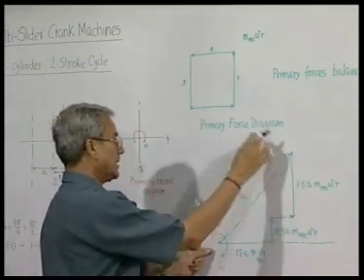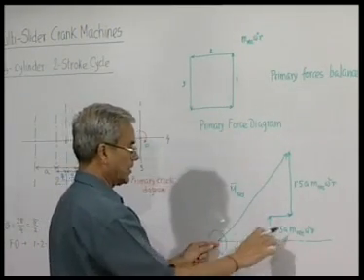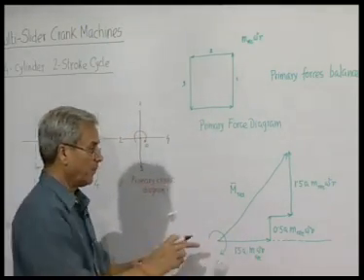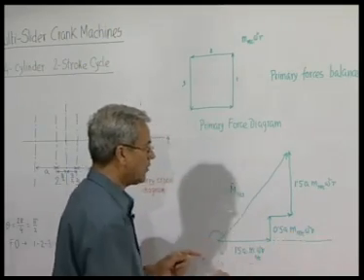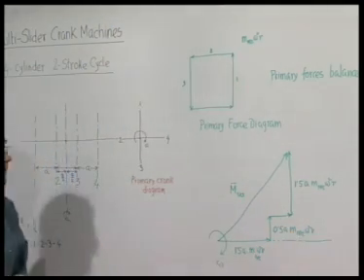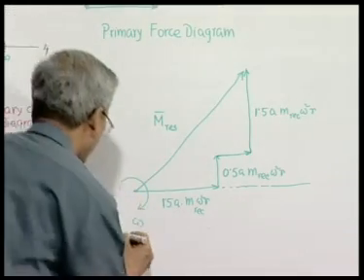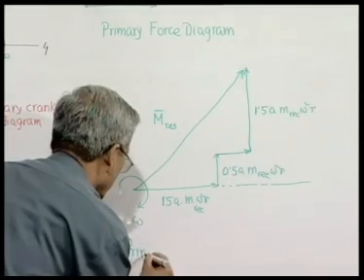When this is at this position, making 90 degrees with this direction, then the moment is instantaneously 0. When the moment is aligned with this vector, then the total moment has exactly its maximum magnitude, m reciprocating omega square r times the distance. So, the magnitude of the primary moment unbalanced